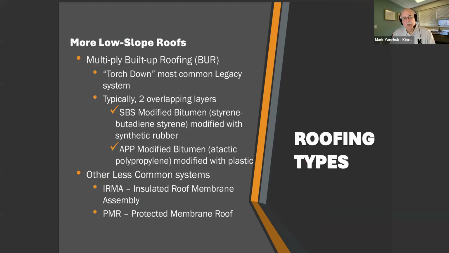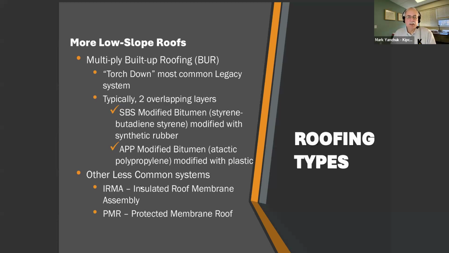There are some other low slope roof types that are out there. Like I said before, there's a modified bitumen that's still out there. This is typically known as torch down. There are 2 types of modified bitumen roofs that are out there. There's the SBS and the APP. Again, the difference